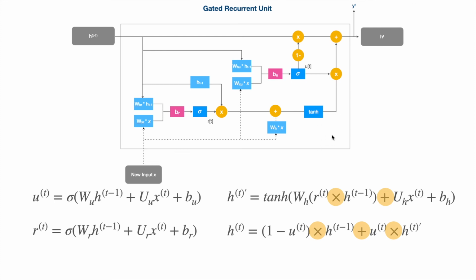Next, the new h_t is calculated based on this TANH output here, which gets multiplied with the output of the update gate, that is here. And both are added at this step using this 1 minus u_t operation with h_t minus 1 that happens here. Now both are added and that's the final hidden state.